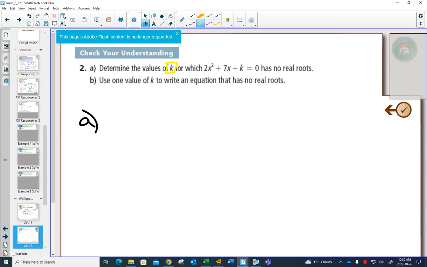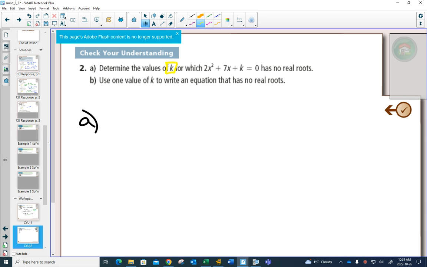Questions. I've seen over the years in math, whenever a textbook introduces the variable k, it's like they're going to tell you these ones are harder. People are scared of questions with k in it because they're a little bit harder. They're not too bad once you find out how to do them, but they are a little bit of a thinking question. So you have this equation, 2x squared plus 7x plus some other number, k, and it's equal to